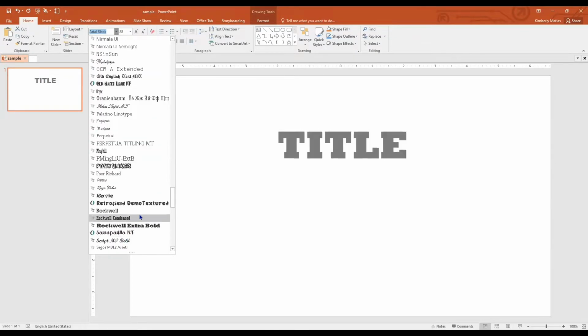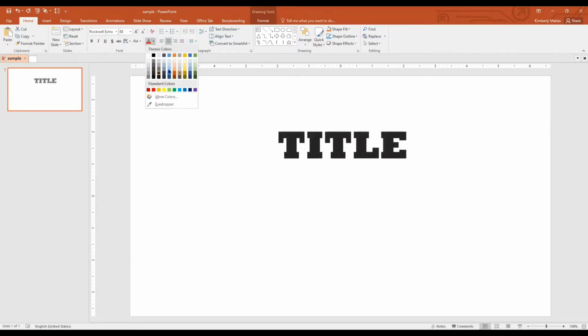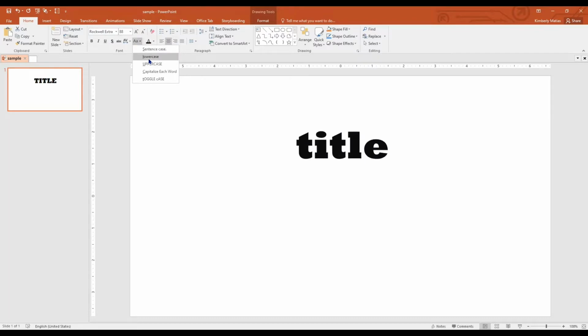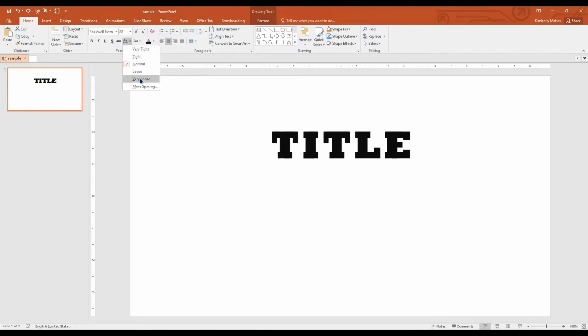So aside from changing the font, you can also change the font color here. You can choose from the preset colors there. You can also click More Colors below, so you can just choose any color that you want. You can also edit its capitalization if you want it to be uppercase or lowercase. You can also edit how far the letters are from each other